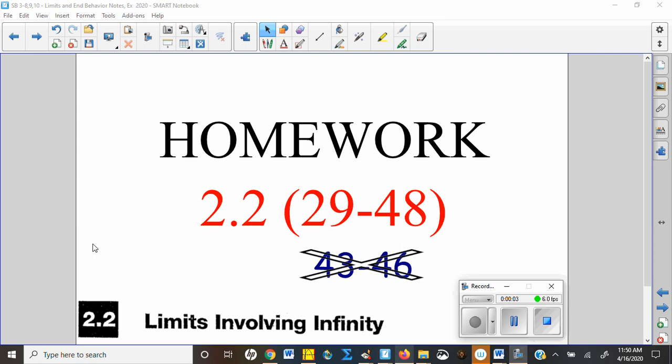All right. So last night, yesterday, maybe this morning, who knows when. In theory, we're continuing to work on 2.2, doing problems 29 through 48. I made a late addendum to the assignment yesterday and cut out 43 through 46 because we didn't really talk